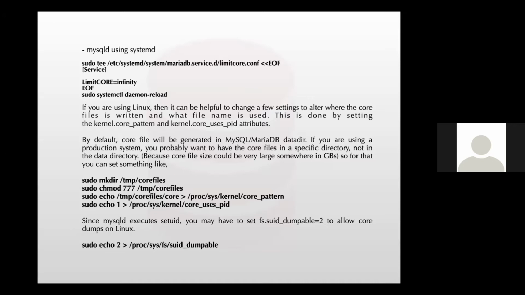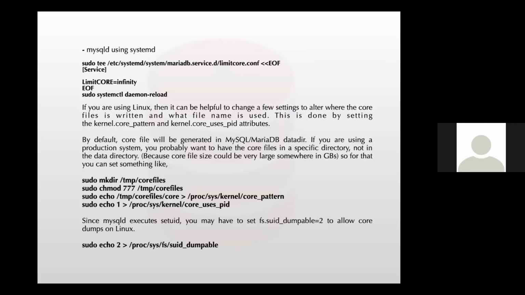So you can simply create a separate directory on a separate partition, I would say, where there is plenty of space which you can use. You can give permission to that directory, and you have to mention two kernel parameters, because the core file will be generated by the kernel itself.